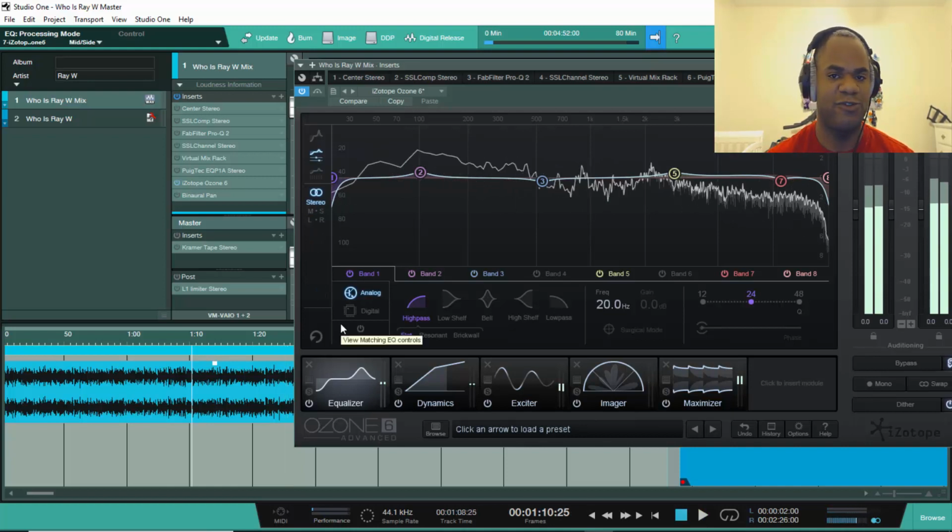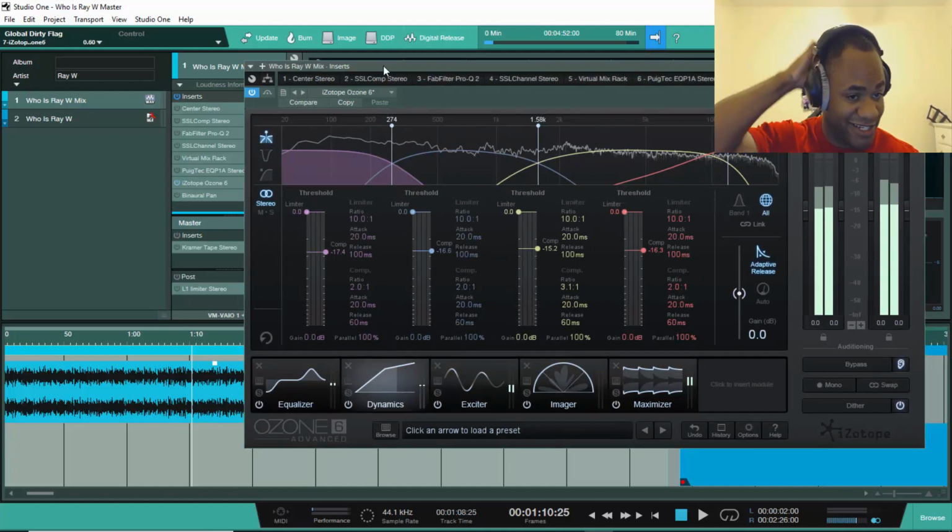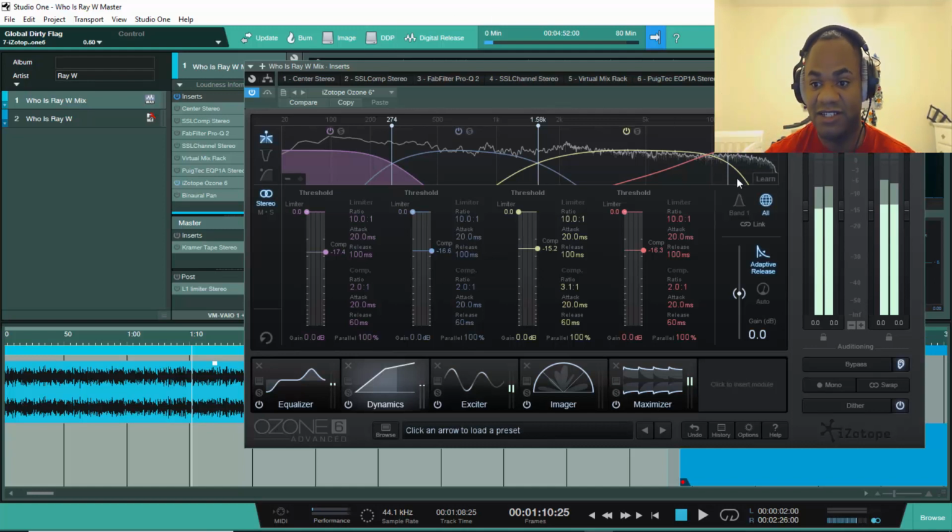There you see the Jeff. Take some of that low frequency out of them sides. Now the sides are hitting on the dynamic range. This iZotope, I'm still on the 6, man. Ain't that what they got 8 out now? I'm still on 6. It still does just fine for me. I hit the learn button, and it learns the range, and